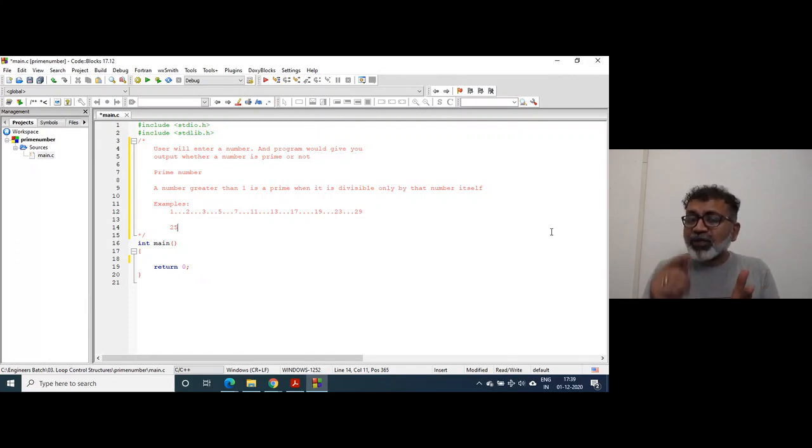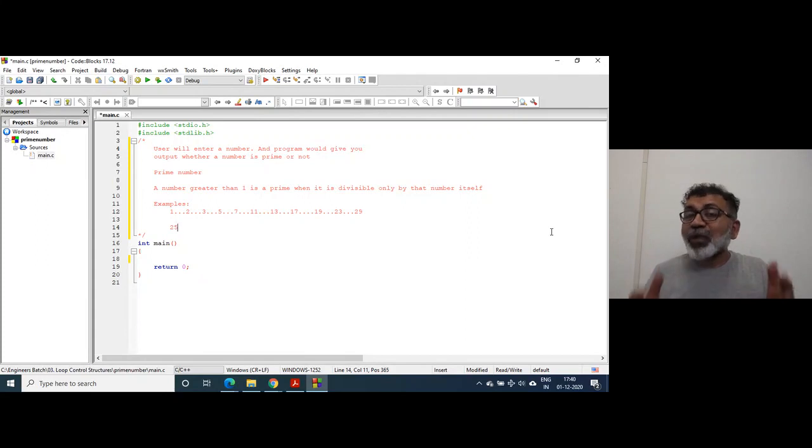But when you check and come to know that 25 is divisible by 5, is there any need to test further whether it is divisible by 6, 7, 8, 9, 10 till 24? There is no need. So here you will stop dividing that number.